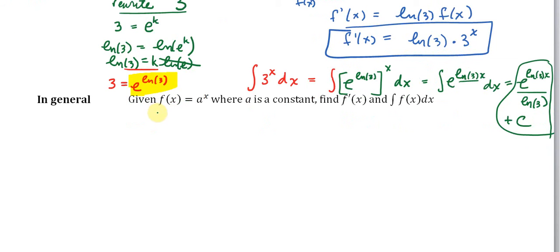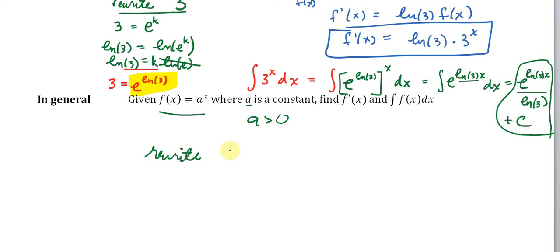All right, now let's move on to the general case. So the general case, given f of x equals a to the x, where a is some constant, and I should say that really a is a number greater than 0. None of this stuff that we've been doing here really works if you have a negative base. Okay. All right. So if that's the case, then we can rewrite